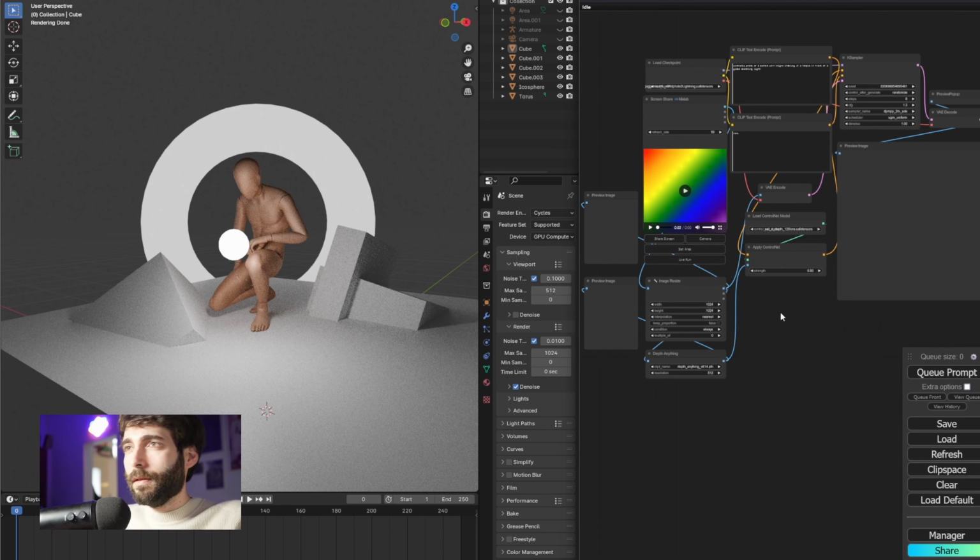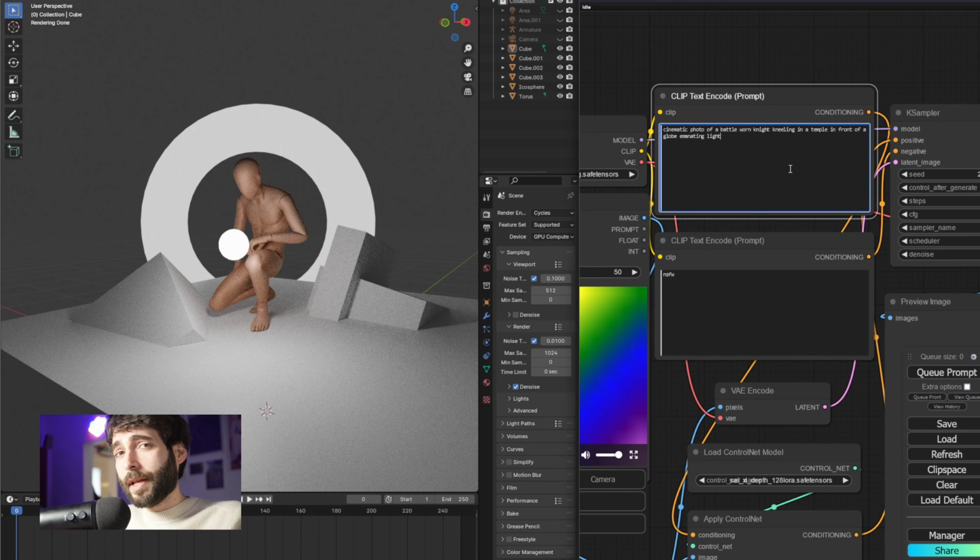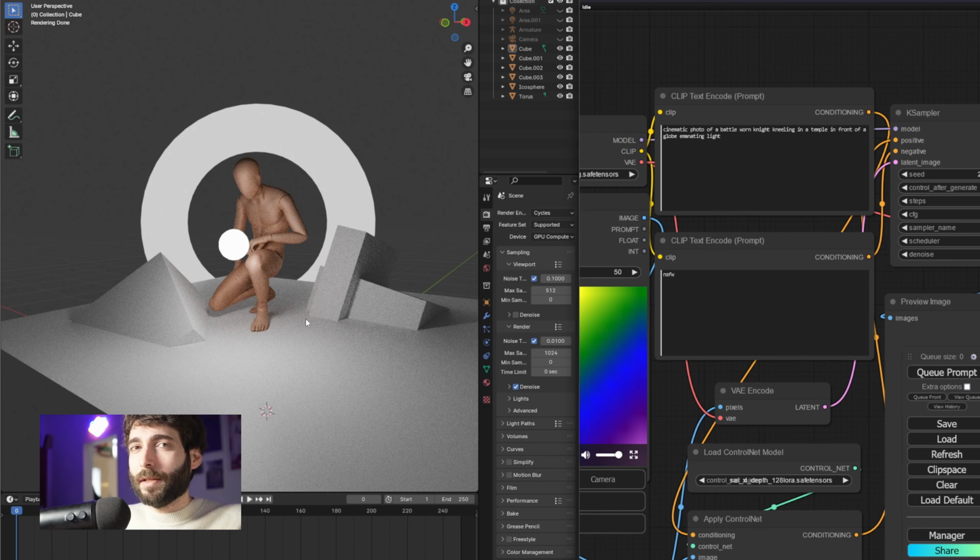Now for testing, let's start with the SDXL Lightning workflow. I've already set up a positive prompt that describes the scene that I'm trying to get. It is a cinematic photo of a battle-worn knight kneeling in a temple in front of a globe emanating light. We can see that we have all those elements in our blended scene over here. We have the overall structure of the runes, we have the knight kneeling down here,